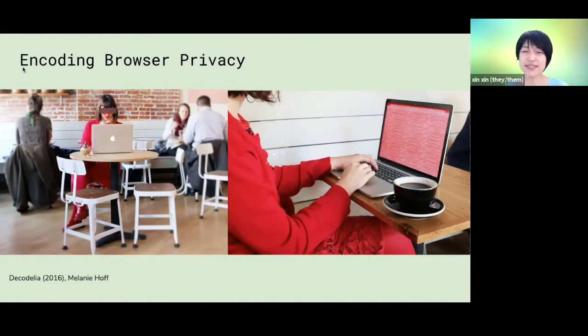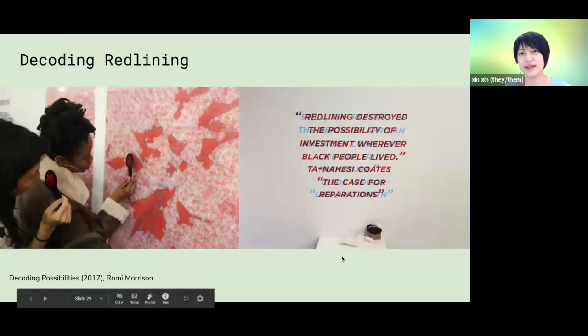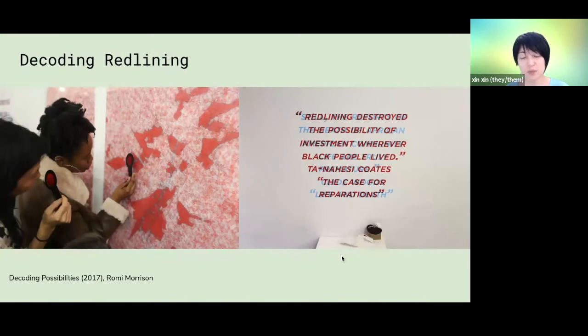The effect of this is that when you are in public space browsing the web, no one else can look over and see what you are seeing, and the content between you and your computer in public space is totally privatized. And here is another project called Decoding Possibilities, using a very similar technique as Decodelia, but a totally different conceptual angle and context.